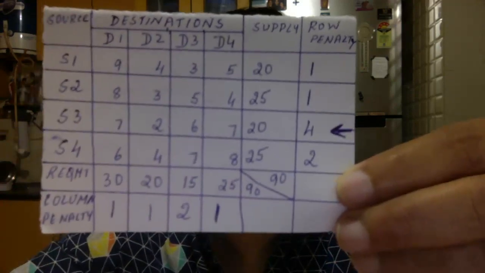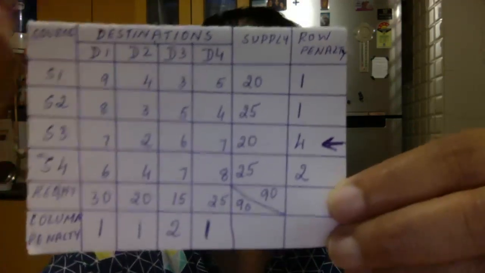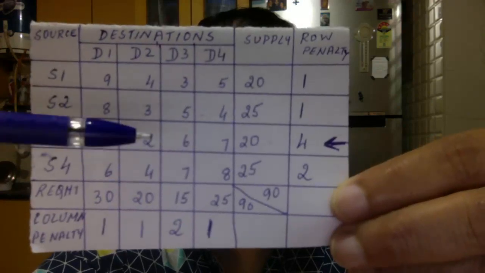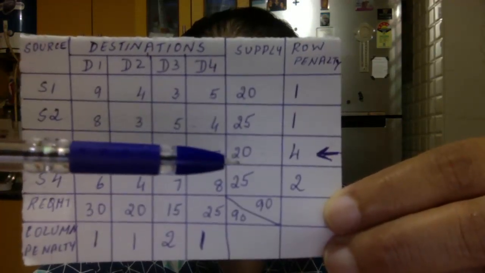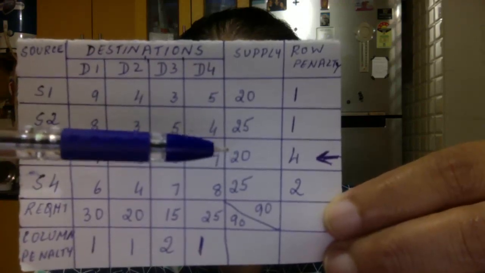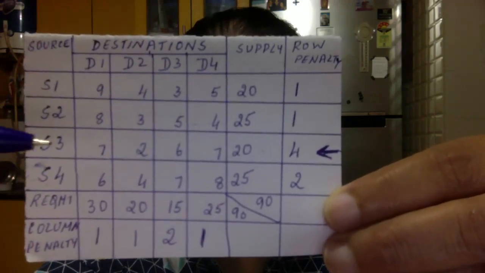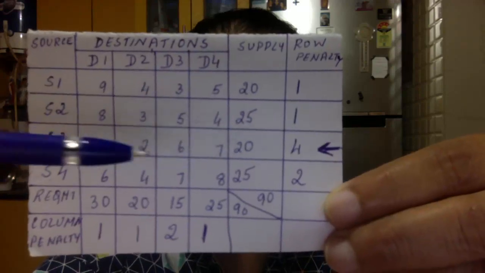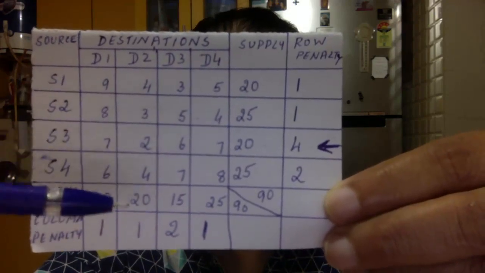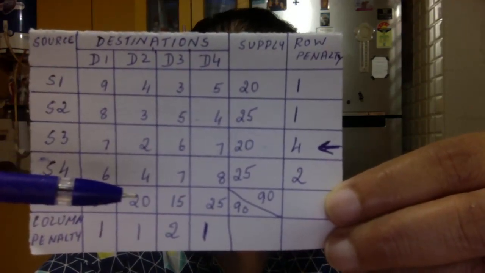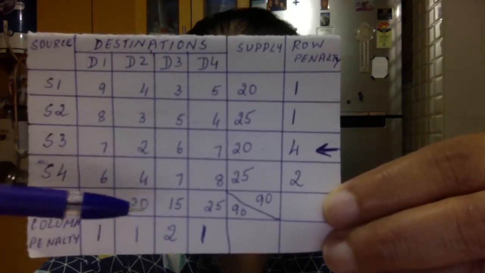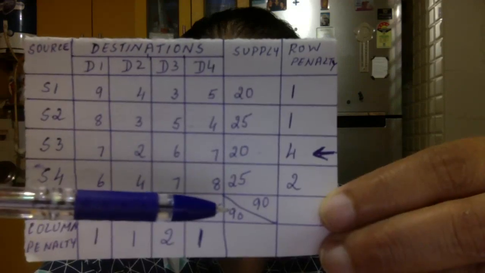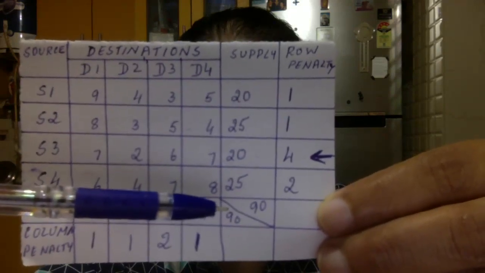So I will do the 4 things that I usually tell you to do. The first thing I'll do is allot 20 to this cell. The second thing I do is strike off 20 and make it 0. So this whole row will become dummy. Then I will strike off this 20 and make it 0. That is the third step. So this whole D2 will become dummy. Fourth step, I will go to the grand total and strike off 90 and make it 70. So let us do the 4 steps.